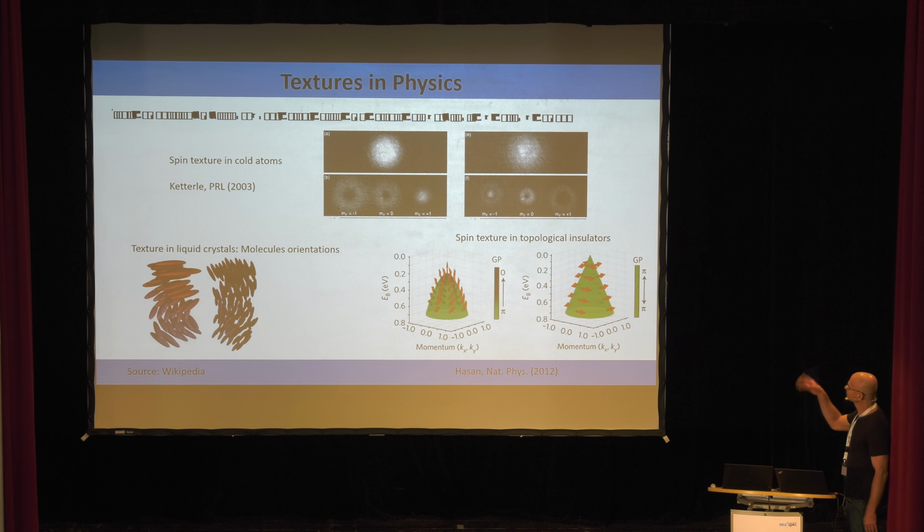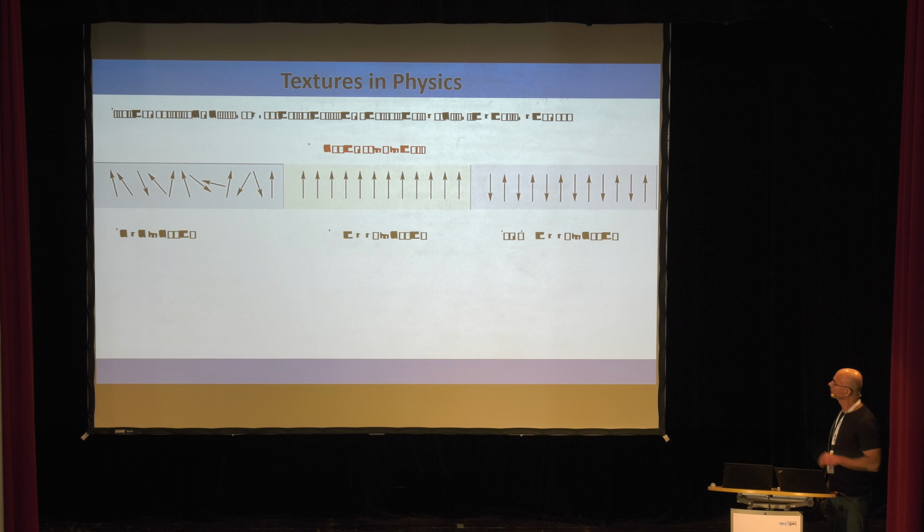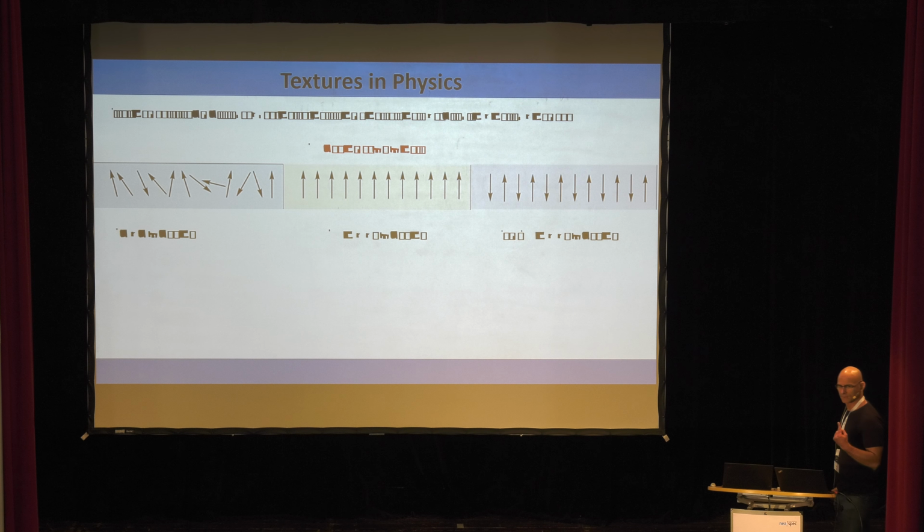Okay, so anyway, textures in physics in general, it's in simple words, it's about how some vector field, usually real, is oriented in a space, or oriented differently in different places in a space. Examples we can find are spin textures in cold atoms, also in topological insulators, or the orientation of molecules in liquid crystals. But most famously, texture is used to describe the orientation of the magnetic spins or magnetic moments,